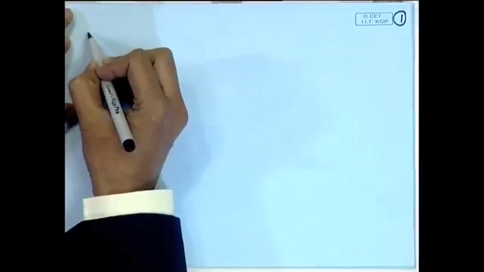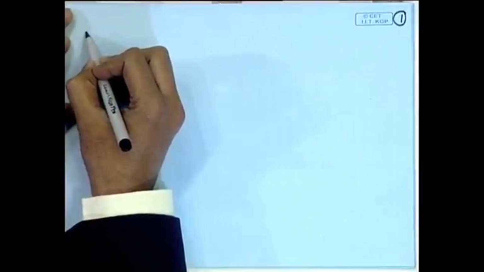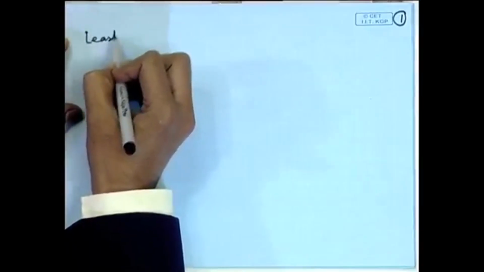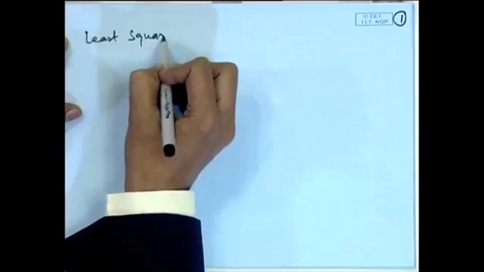So, I mentioned in the brief introduction to the history that the initial methods that were proposed were like the method of least squares, the method of moments, the maximum likelihood estimation, etcetera. So, let me introduce these. So, in the least squares methods,